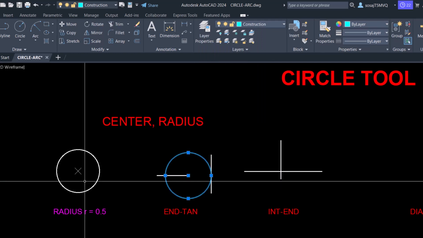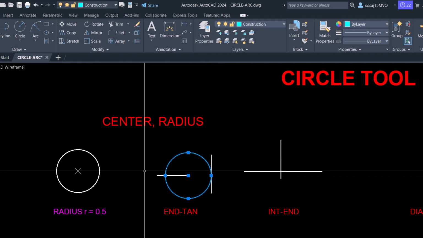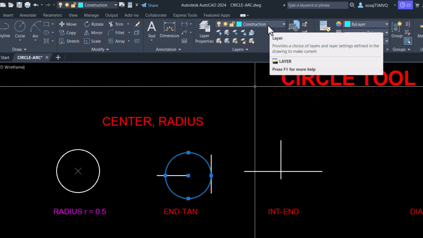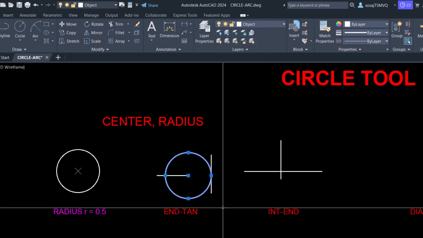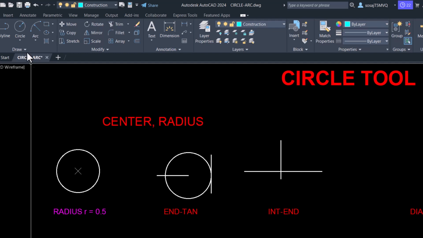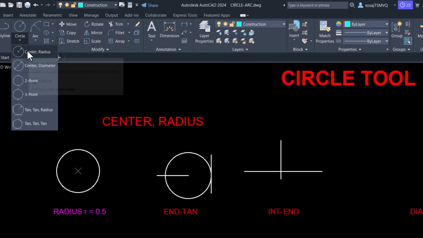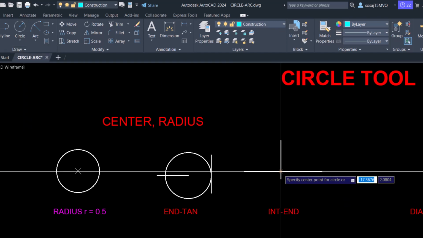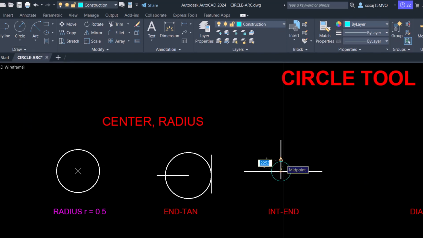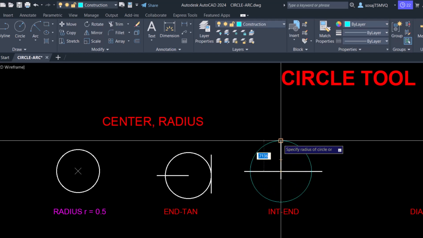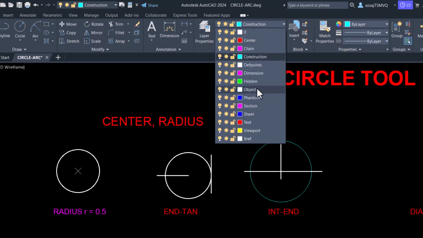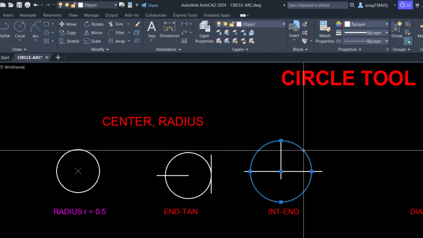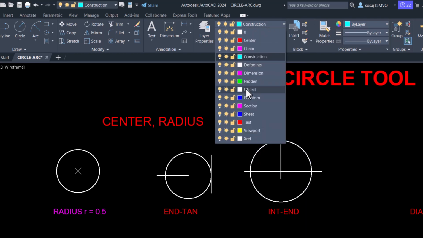And again, I forgot to change my current layer, so I'm going to change it another way. The properties for that circle, I'm going to display the layers here and click on the right one. And we have another example using circle, center and radius, would be this intersection as my center, and the endpoint to define my radius. Funny enough, I did not change the layer. I thought I did. So now my current layer is that one, and I'm going to change this to the